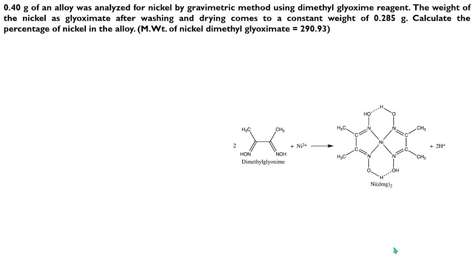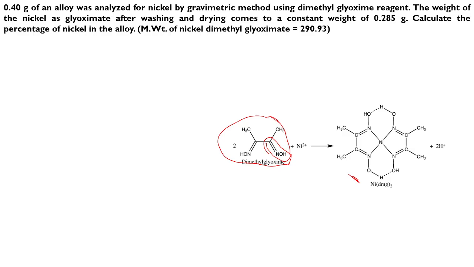0.4 gram of an alloy was analyzed for nickel by gravimetrical method using dimethyl glyoxime reagent. Okay, so this is the structure of dimethyl glyoxime. You know the oxime, right? So this is the oxime reagent. The weight of nickel as glyoximate, okay, this is the glyoximate here, after washing and dry comes to a constant weight of